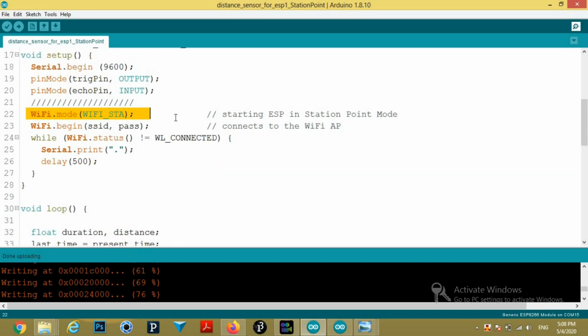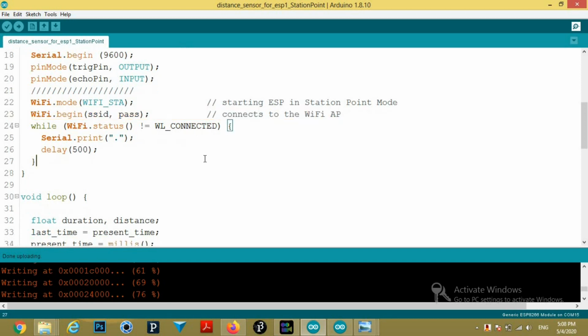Here this module, that is station point, is configured as a station point. So this will be connected to another router or hotspot. Here this module is connected to the server.